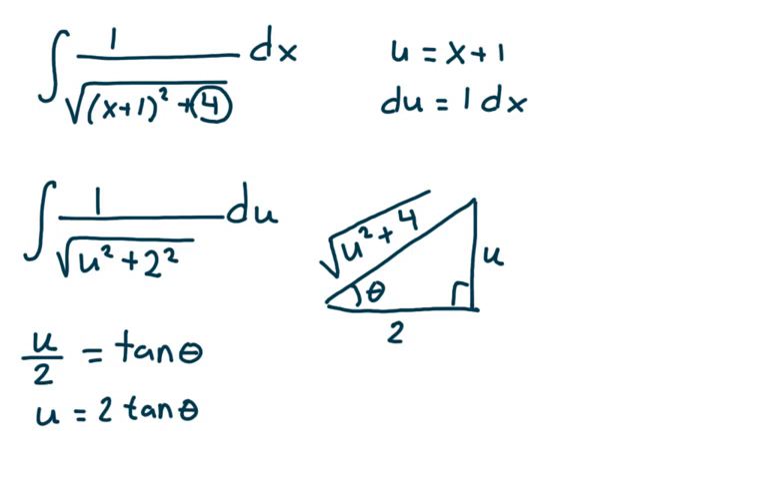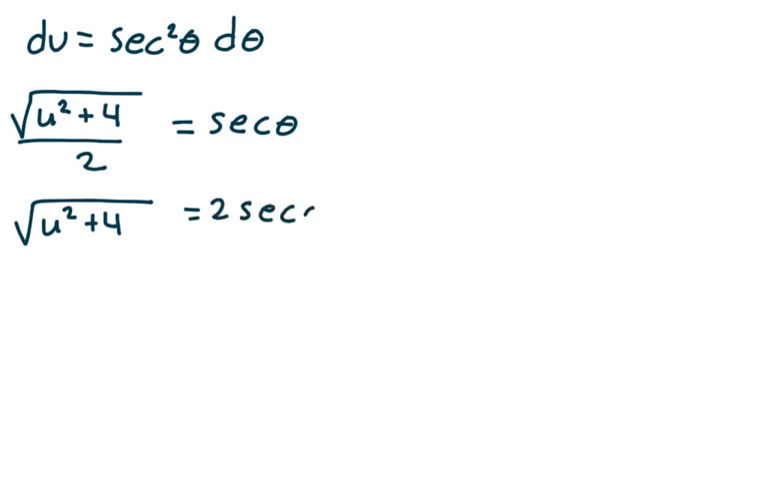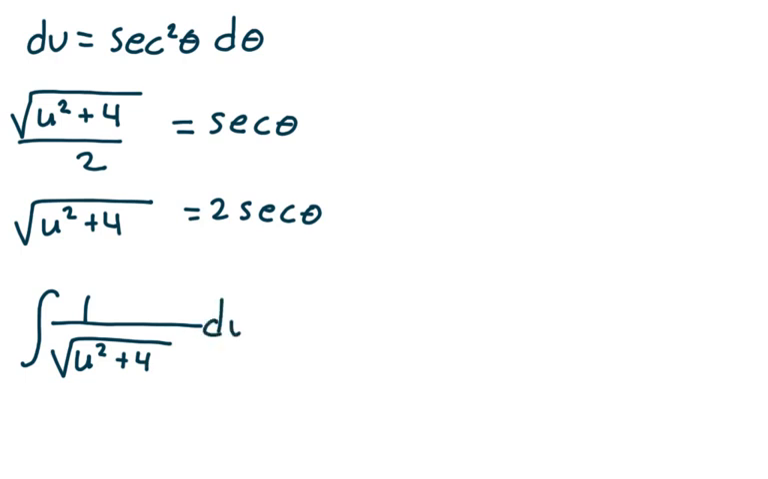du is 2 secant squared theta d theta. The square root of u squared plus 4, right? And I'm going to divide by 2. And that's equal to secant theta. So the square root of u squared plus 4 is equal to 2 secant theta. So I'm ready for my substitution. So 1 over the square root of u squared plus 4 du